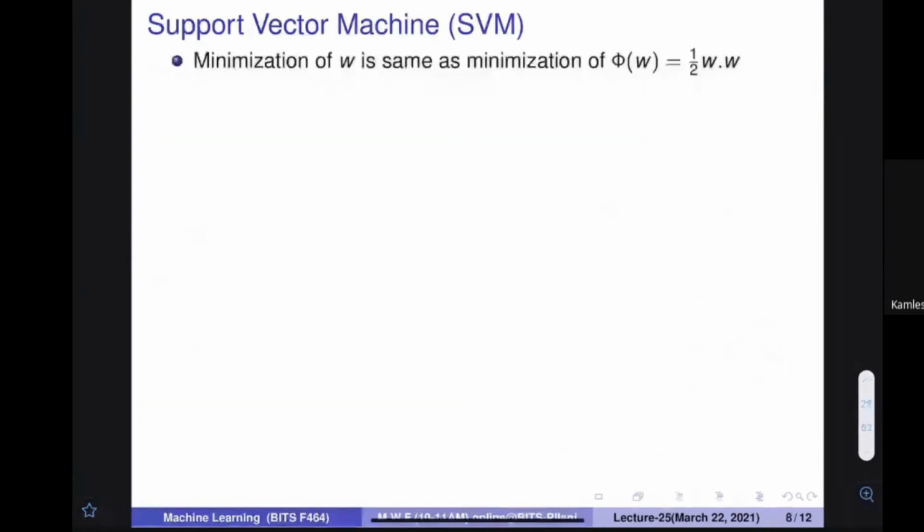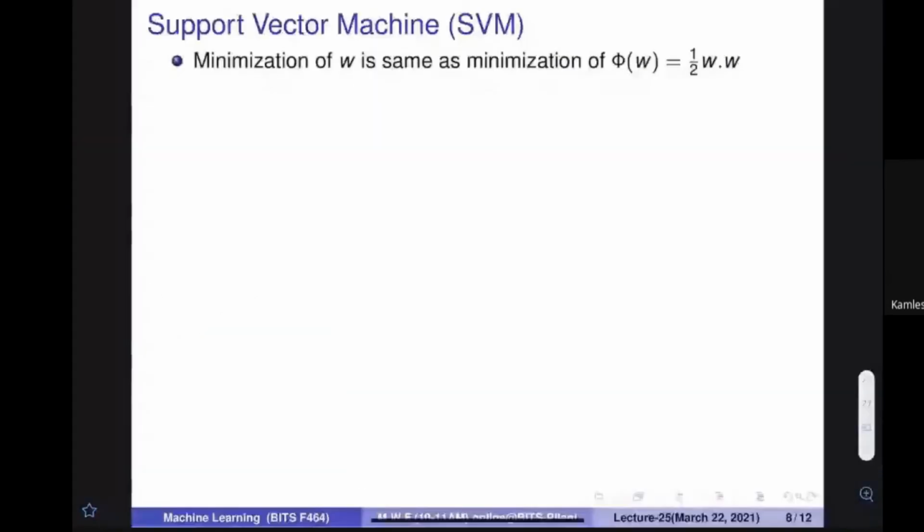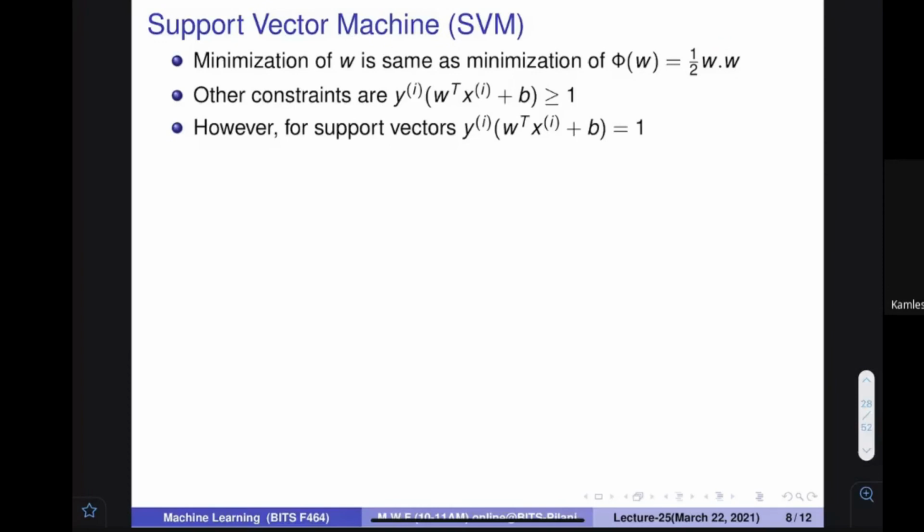Okay. I told you that what we want to do is minimize this quantity. So minimizing the norm of W is also equivalent to minimizing half of W squared. Why am I writing this half of W squared? It is only for mathematical convenience. It will be clear to you very soon. So if I want to minimize the value of W, let me minimize the value of half W squared. And with this constraint, because I don't want to minimize this independently, this condition should also be there that they should be greater than 1.